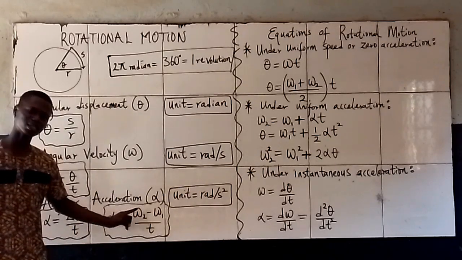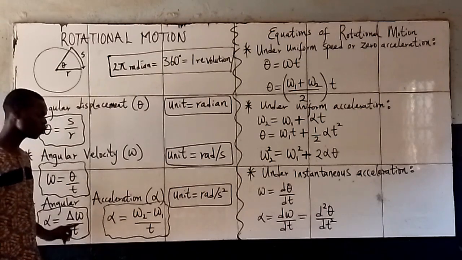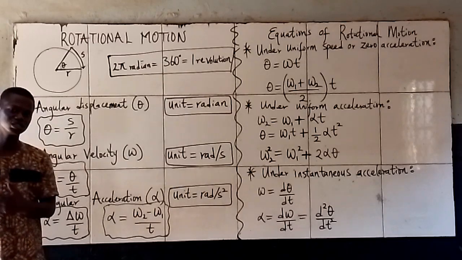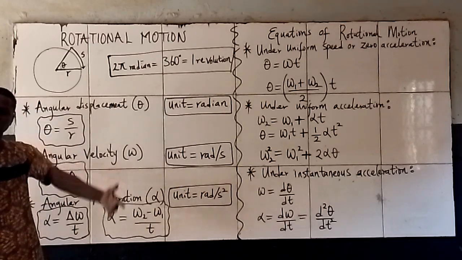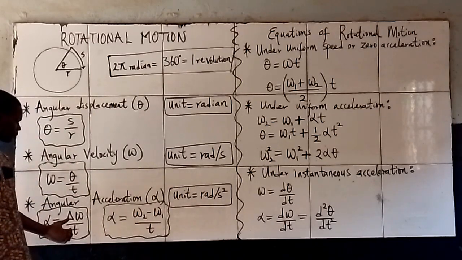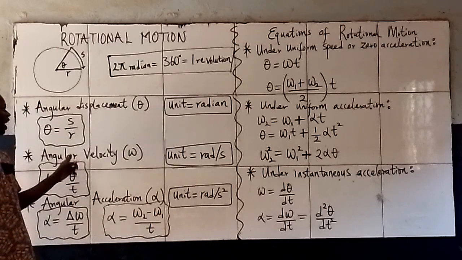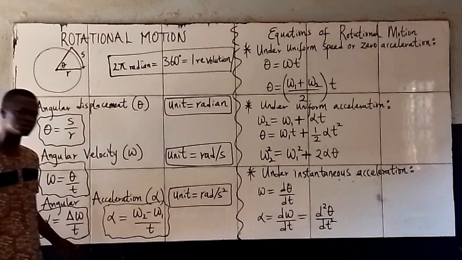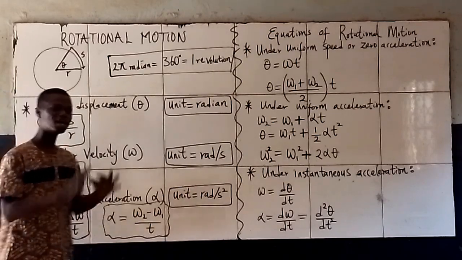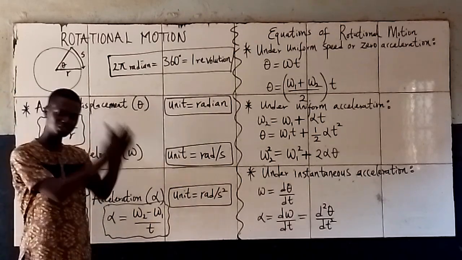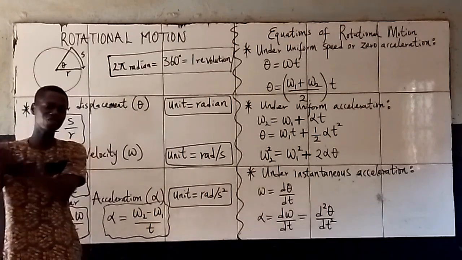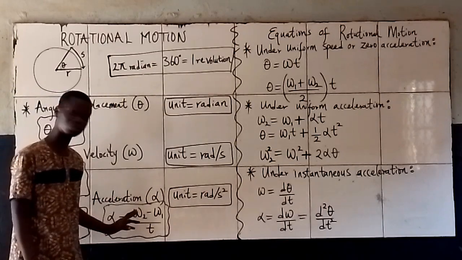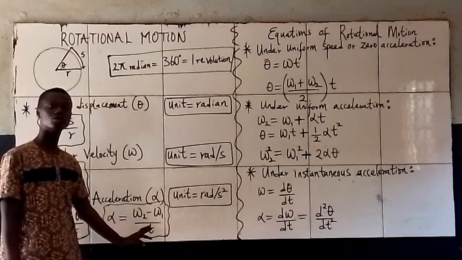Alpha here stands for the angular acceleration, which equals delta omega over t. Now delta means change in. When it comes before a quantity, it symbolizes change in that quantity. So delta omega here is the change in the angular velocity, because omega is angular velocity. So change in angular velocity, everything over time. Now when something changes, it means there was an initial and a final of it, is it not? So we can further expand this: delta omega equals omega 2 minus omega 1,